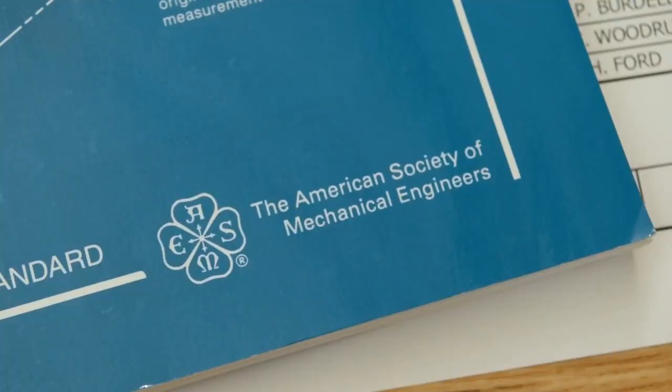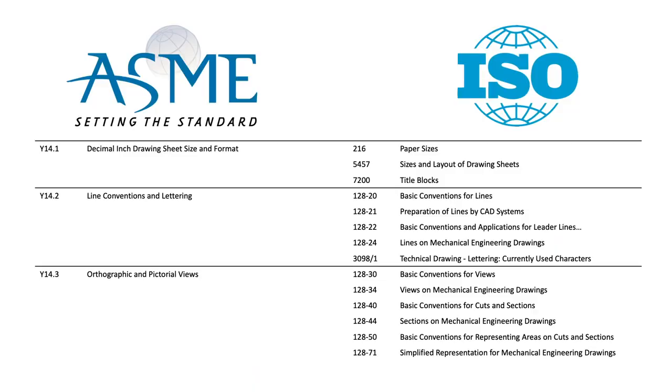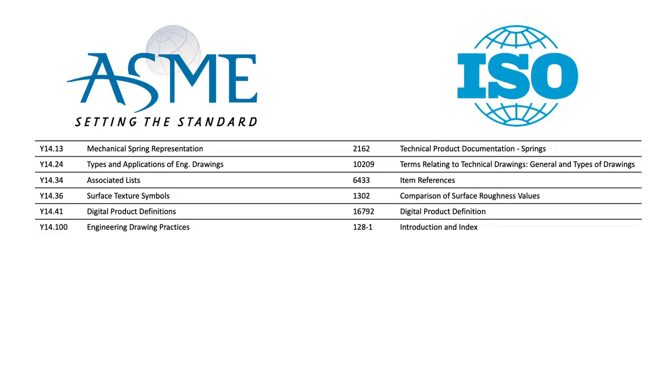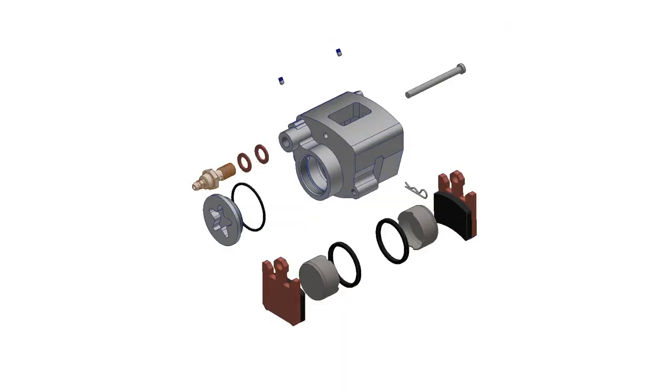We're going to be working to the drafting standards of the American Society of Mechanical Engineers, which is the default in the United States and much of Canada and Mexico. In the rest of the world, ISO standards are typically used. There are some minor differences between the standards, but a lot of the fundamental concepts we're covering in this video apply to either system. For the rest of this video, we're going to use this brake caliper assembly as an